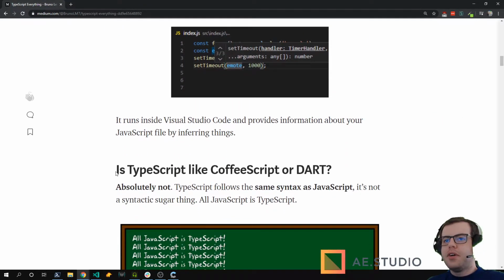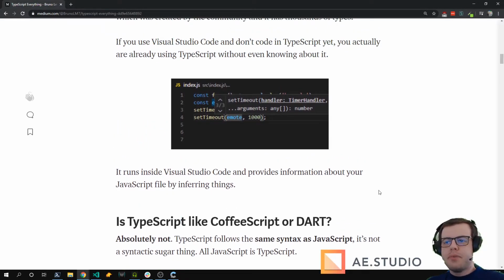Yeah, so here is something I talked about earlier, but I'm going to go over it again. Is TypeScript like CoffeeScript or Dart? No, absolutely not, because TypeScript follows the ECMAScript syntax, the standard. So they're never going to create a new syntax sugar. They're going to follow the specs, implementing things on stage 3, which is a candidate to be released into JavaScript, and they're never going to go astray. They're never going to have a syntax like CoffeeScript or Dart has. That's not the goal.